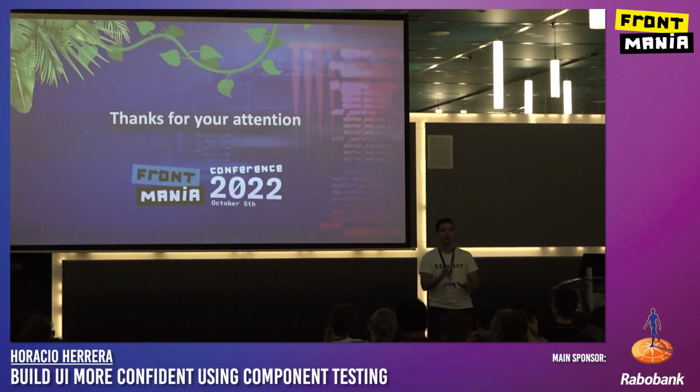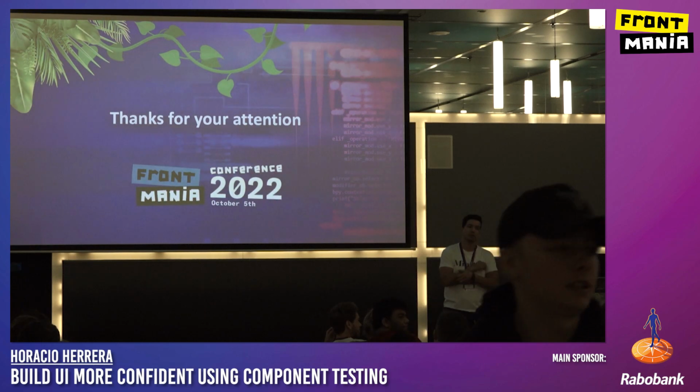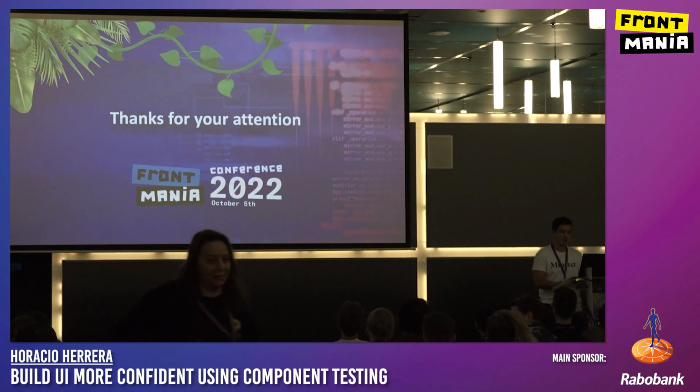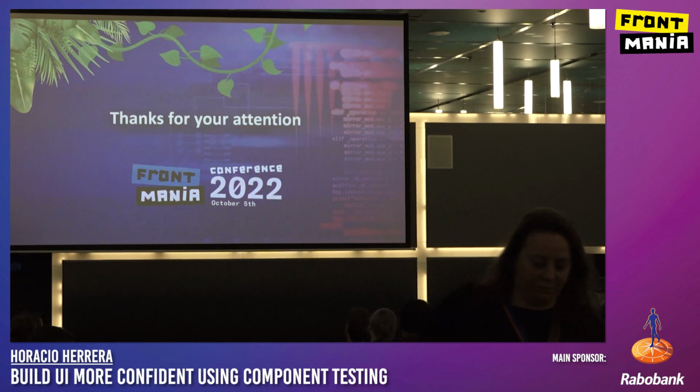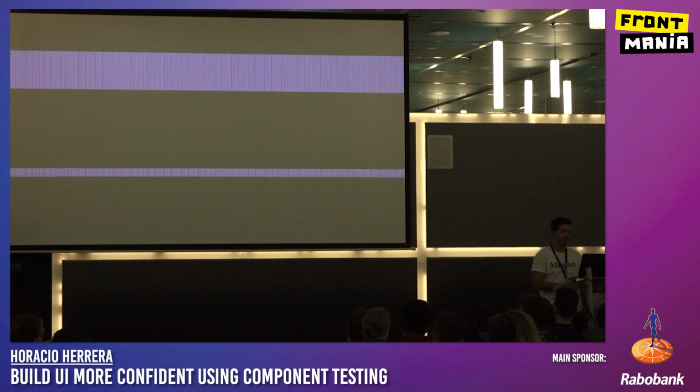If you are using Cypress, I don't know about the other tools, but I'm sure they do something like that. There are some things that you can do to make the tests less flaky, because usually when you use Cypress, you can get some flakiness around. So there's some configuration that you can do in order to avoid those things. So we do both. What are those? Because we have quite a few tests, and once in a while, suddenly one fails. Let me show you. Yeah, I get what you mean. It's not fun.